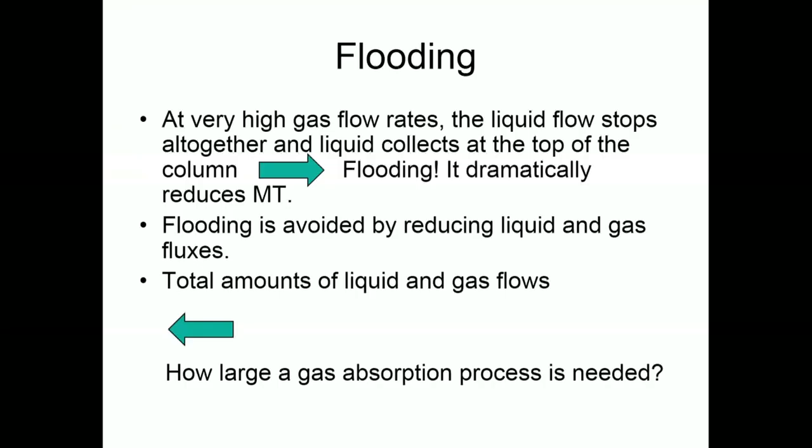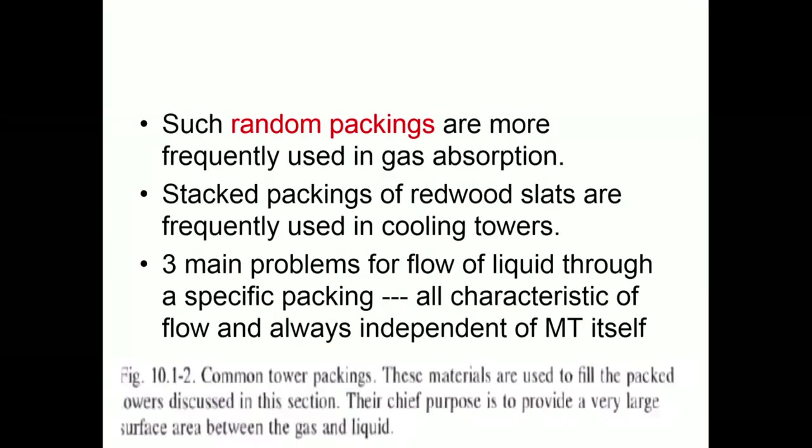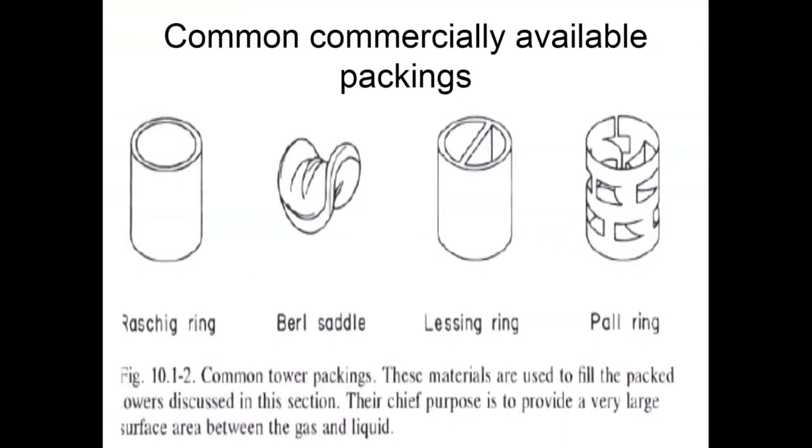So in a tall cooling tower, this problem is minimal, because now the task is removal of heat from the hot water, and efficient mass transfer is not needed, although heat and mass transfer are happening simultaneously. So the wooden slats are used in the cooling tower, not the random packing. We can't use the stacked packings in a packed tower for gas absorption. And within gas absorption, depending on what kind of packings we use, you will have different levels of channeling problem.